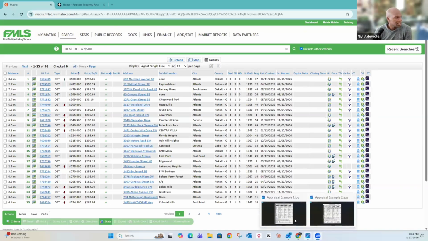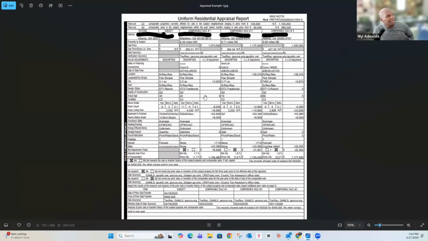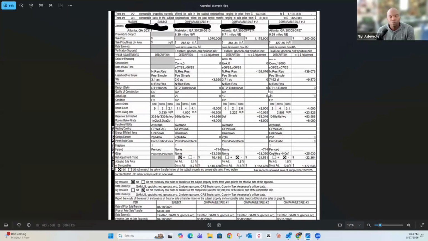When you're running a comparative market analysis, if I can figure out the share, here we go. Okay, so you should be able to see my screen. I first want to show you some examples. When you're running a comparative market analysis, you want to try and choose properties that are very similar in their makeup. Ideally, if you can find an exact property, that's the most ideal. One where it's like, hey, cookie cutter.